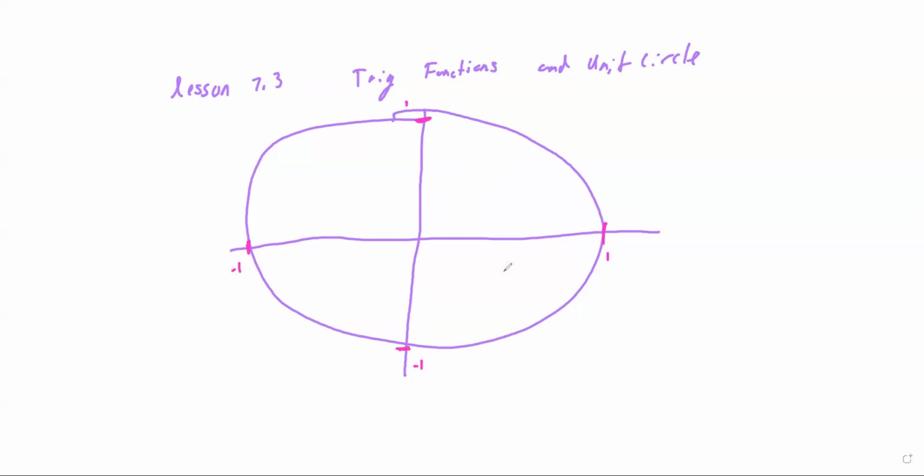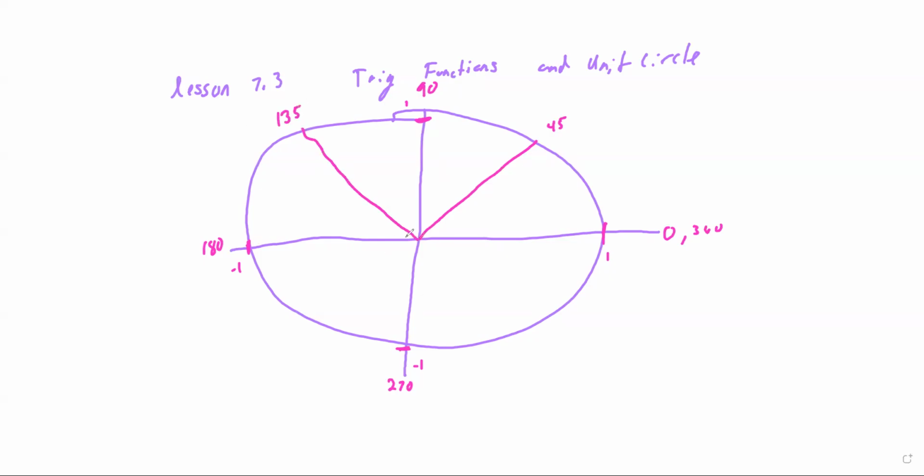With that, you already know a few things. When we talk about degrees, this right here would be 0 degrees. This would be 90 degrees because it's a quarter of a circle. This would be 180 degrees because it's half of a circle. This would be 270 degrees because it's 3/4 of a circle, and then it comes back to a full circle at 360. Half of a quarter here would be 45 degrees,